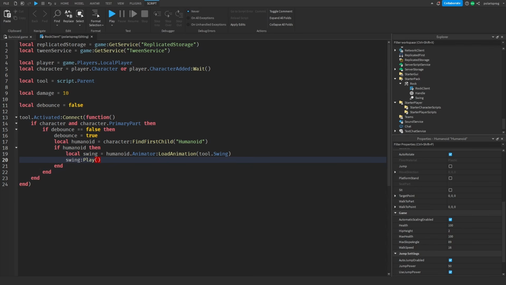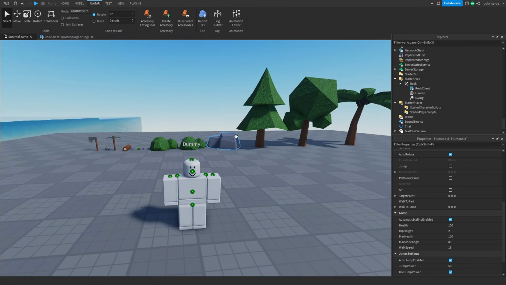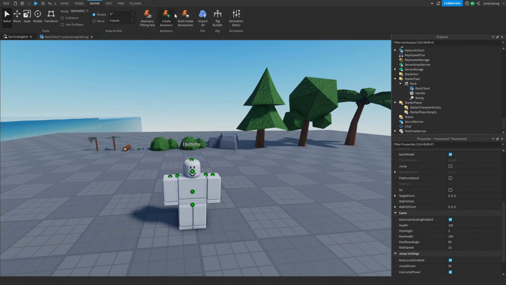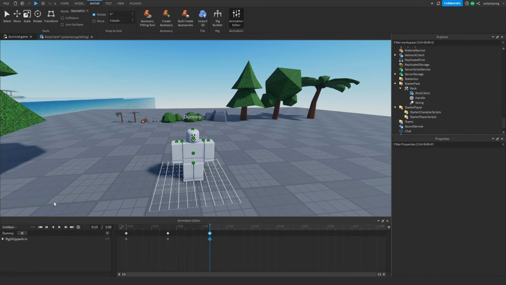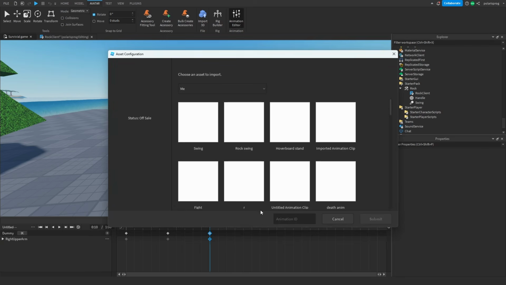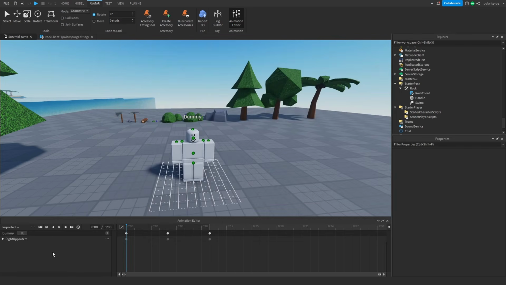So what I'm gonna do now is make sure that the animation... okay, so I forgot to do something. Go back to your animation. I'm gonna show everything again. I'm gonna go to OBS and I'm gonna do this. So go to your animation editor again and import. So import from Roblox and just select your swing animation and go to the 3 dots over here and